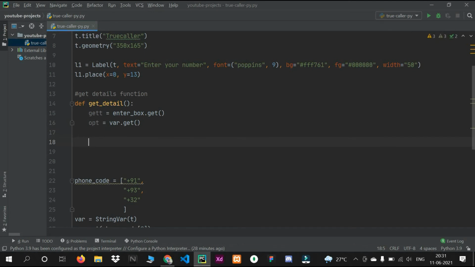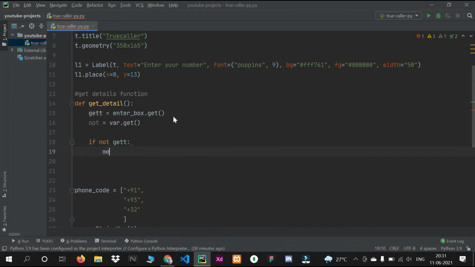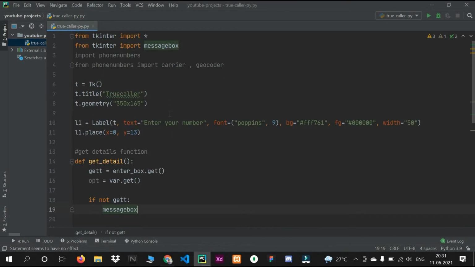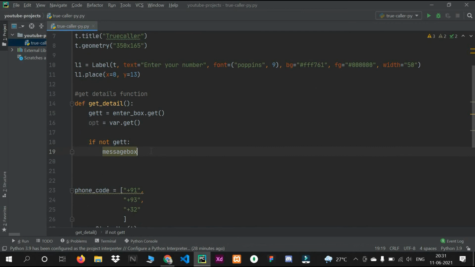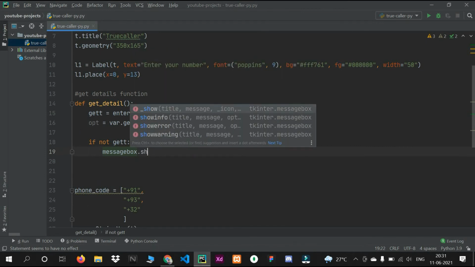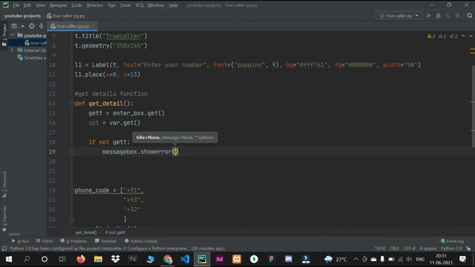So I will use here some validation. If the user hits enter without inserting any numbers, it will give an error. So I will write one condition: if not get, then message box. We are using message box to display a message. Message box dot show error is one function.